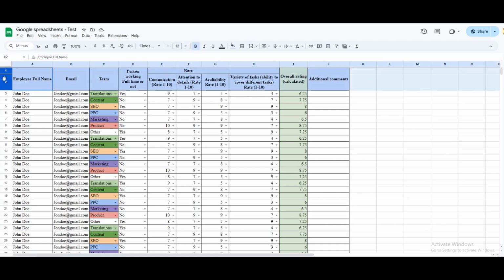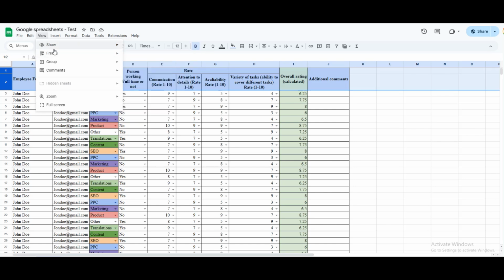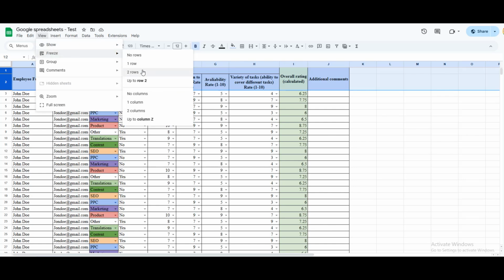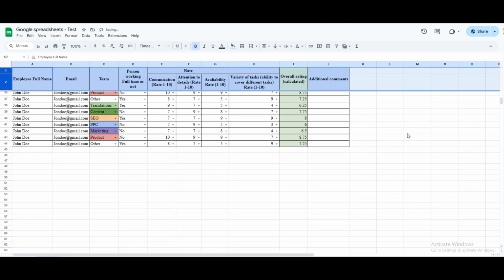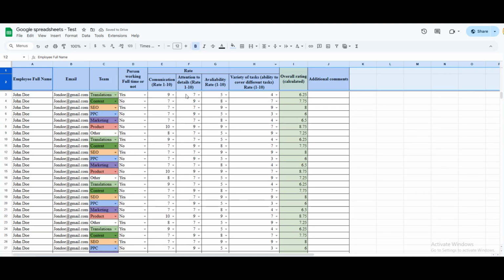So you can just click on those rows you want to freeze, and in View, Freeze, two rows, and now you can see that information on the top of your table,